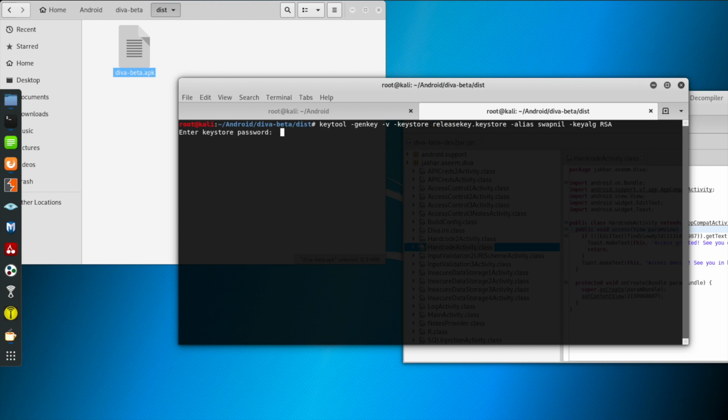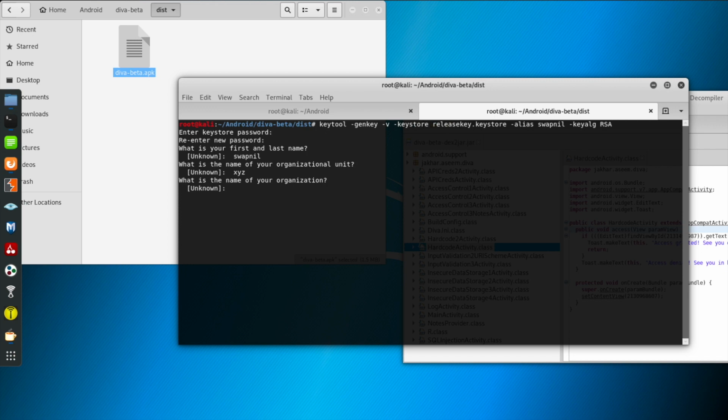Enter any password. In this case I used QWERTY. Re-enter your password. Now it will ask for the basic details for the certificate, like the first name, last name, organizational unit and organization. Here I entered Swapnil. In the organizational unit, keep anything, XYZ.